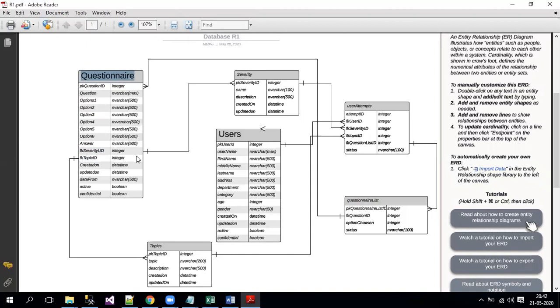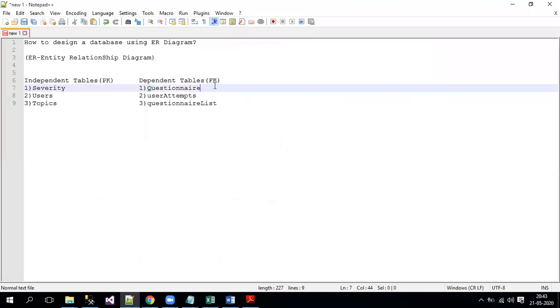This foreign key connects to the primary key of your severity table, and the other foreign key, topic ID, points to the topics table, that is PK topic ID. So this questionnaire table is depending on the severity table as well as the topics table. We'll keep that point over there, so that it will be easy for us to create the tables.